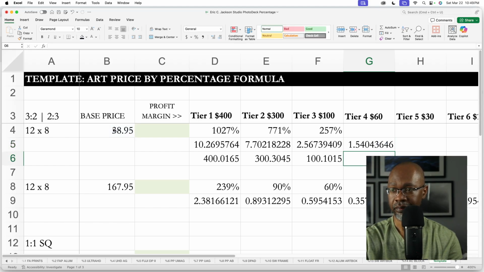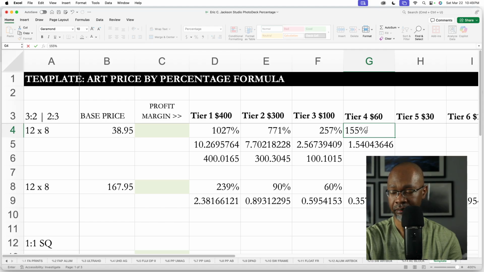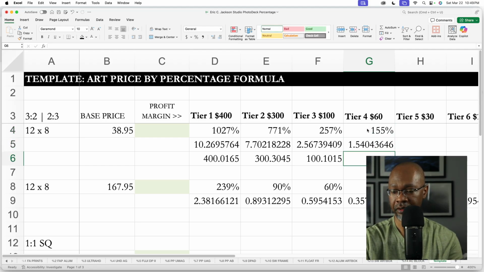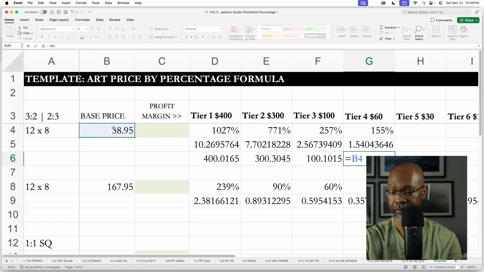Enter. And then it gives you 1.54 and then a bunch of numbers, which means that it's going to be 155%. And obviously Excel is picking up on the pattern that I'm using, so it's just going to automatically put your percentage in. So it's 155%. And then to check your math, you're going to say equals, this is your base price, times, this is your percentage, enter,